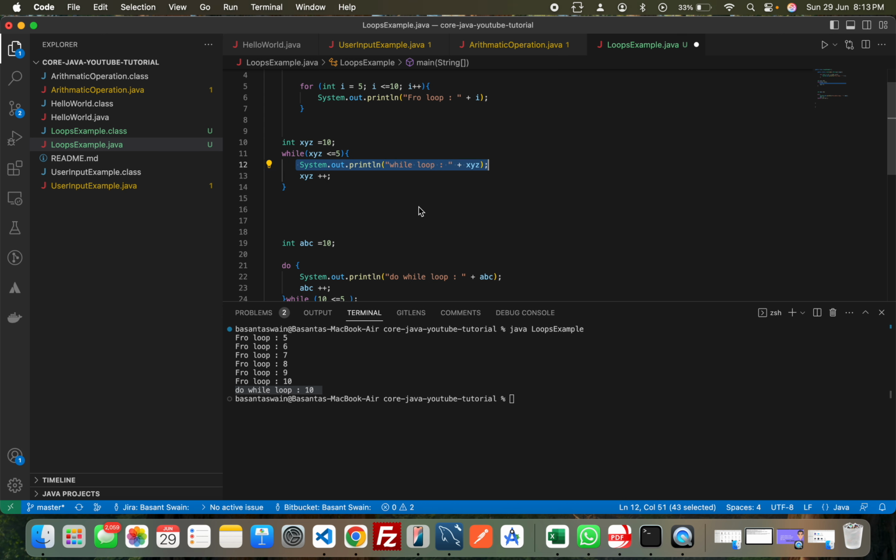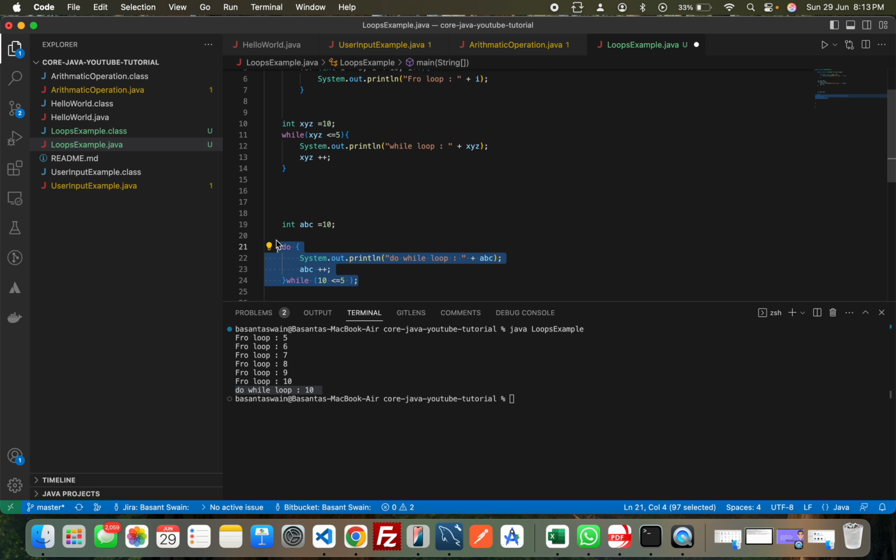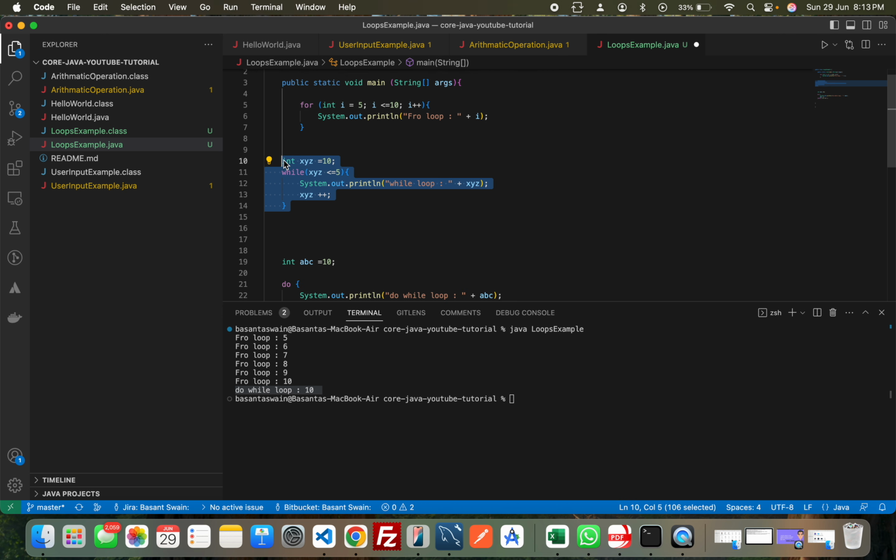So basically when your requirement is that you want to run the loop at least once, where the condition may or may not be met, in that case you use the do while loop, otherwise you can use either the while loop or the for loop. So that's the Java loops,